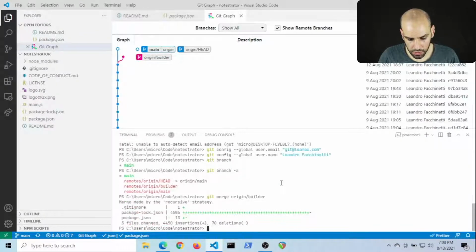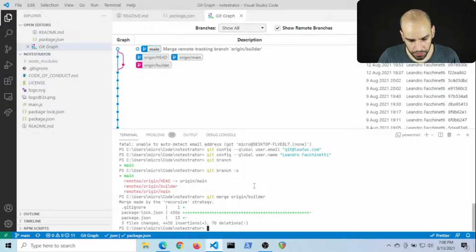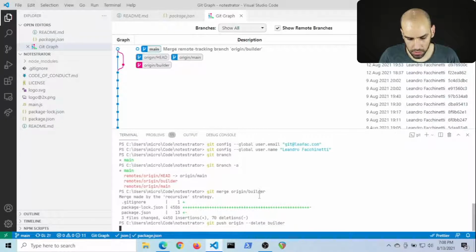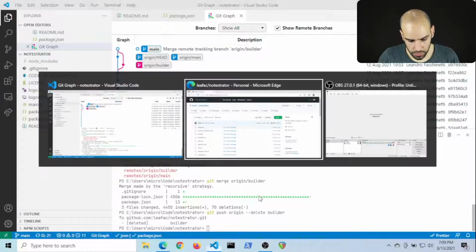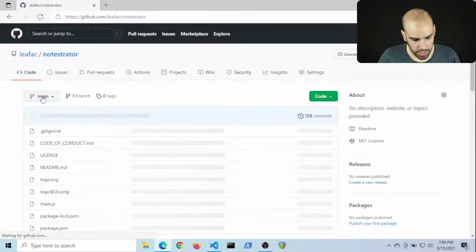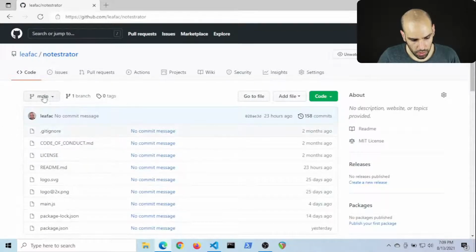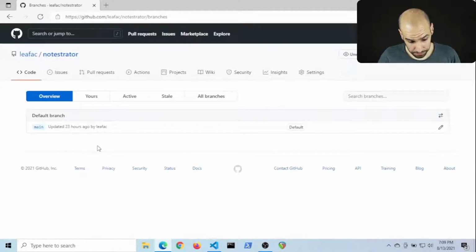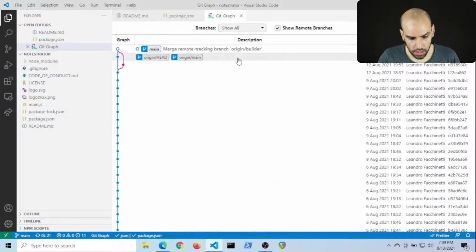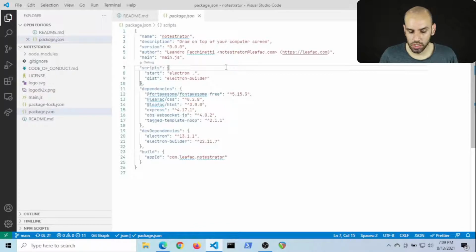Now that I have configured my name, it will merge, and then I can delete builder. Now that I did all that, I can refresh this page and you will see no more branches, just the main branch. And here on package.json, I have some stuff from ElectronBuilder.